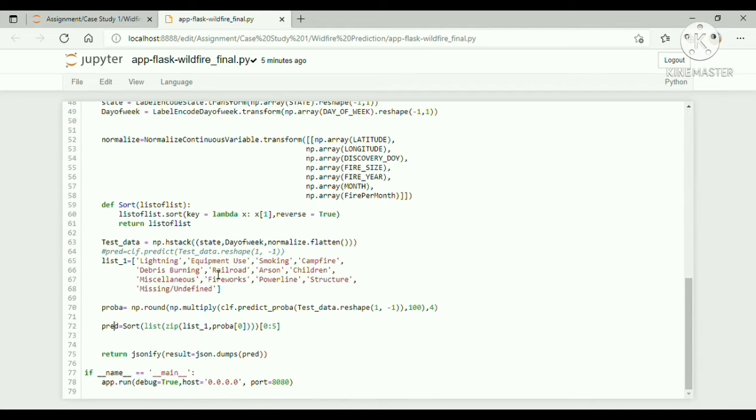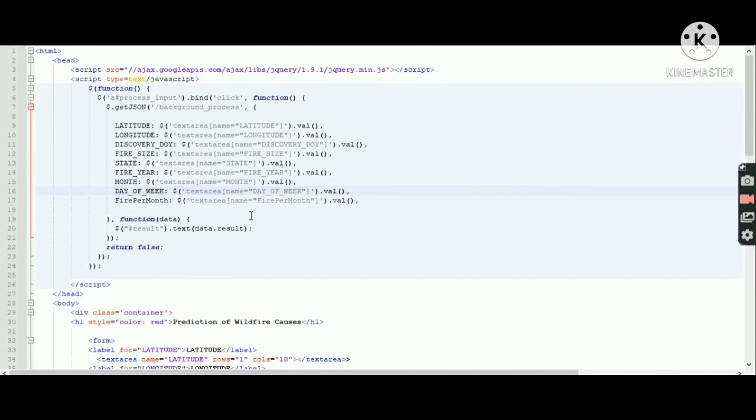Now let's go to the HTML file which we have created. If you can see, we have defined certain functions to take the input from the user, and once we take the input from the user, we have a function which takes the output after the calculations and all the manipulations after taking the input. Whatever output has been given from the model, it will take that model output and display it on the screen.